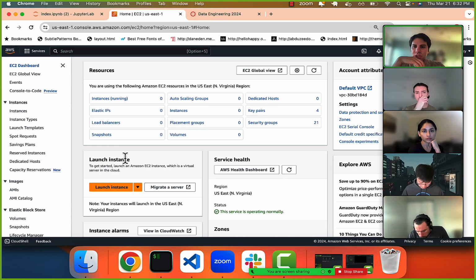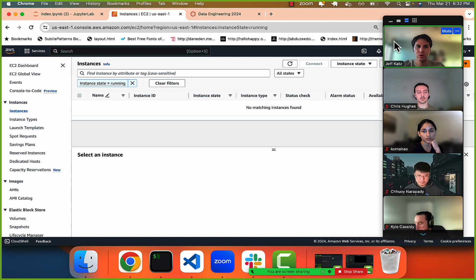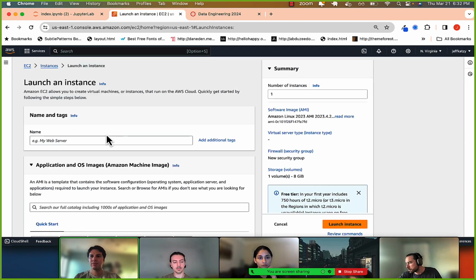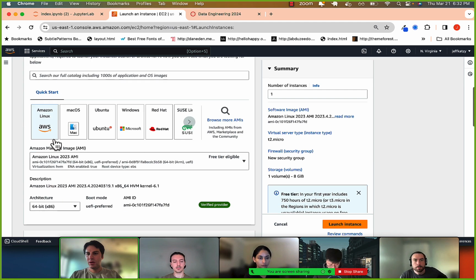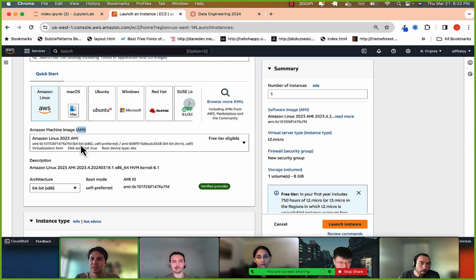Creating an EC2 machine, right, is to click on instances. Let's do launch instance. Okay, so we have this quick start, right? And you can give it a name, like our web app. You can specify what kind of software you want, right? And really the AMI. So that's the Amazon machine image, and this specifies